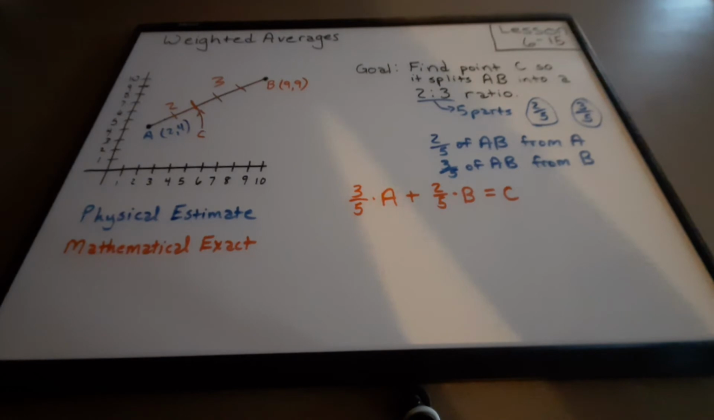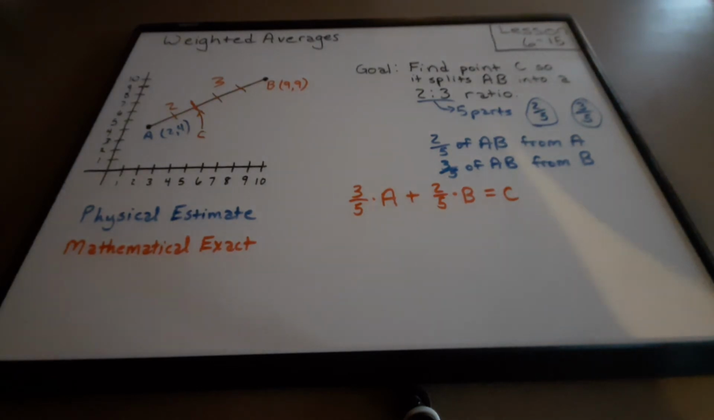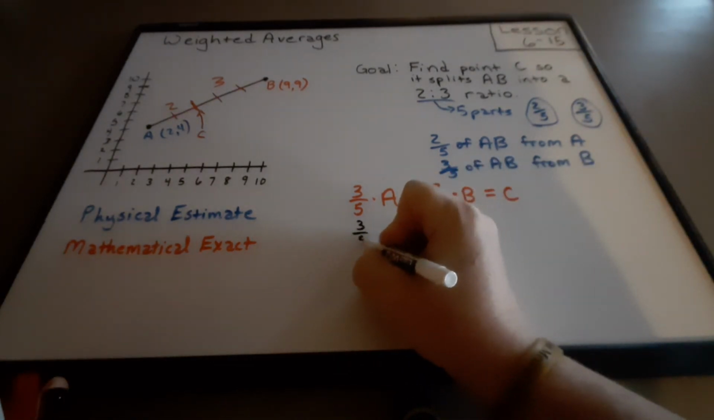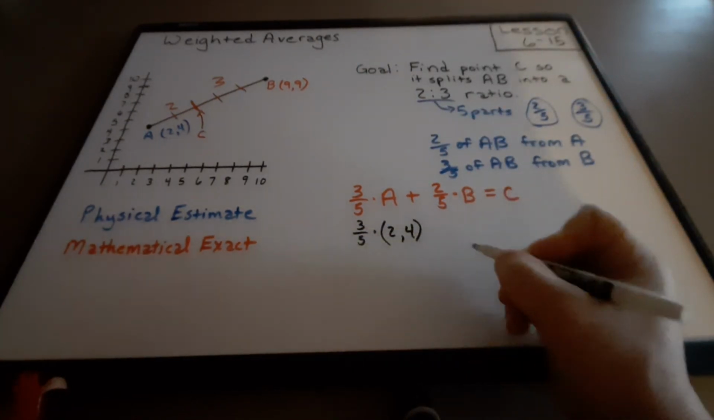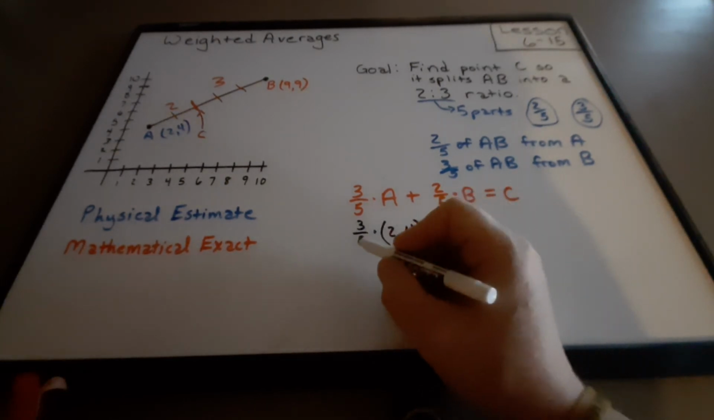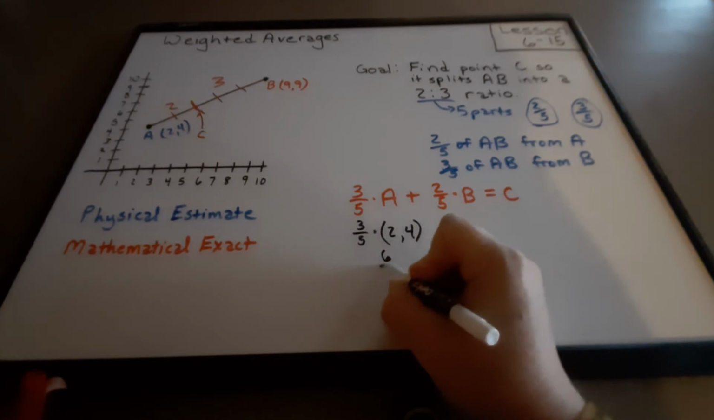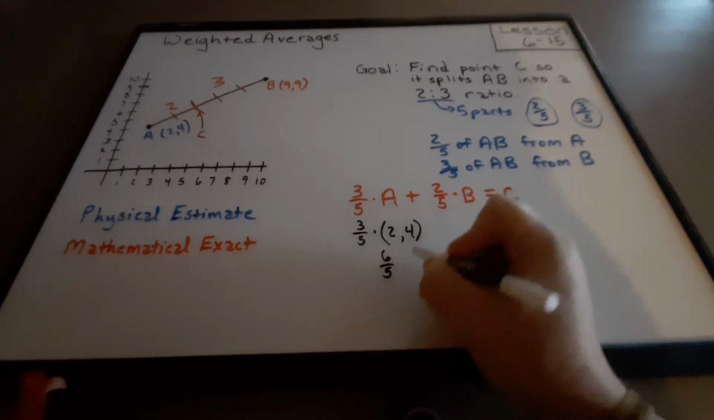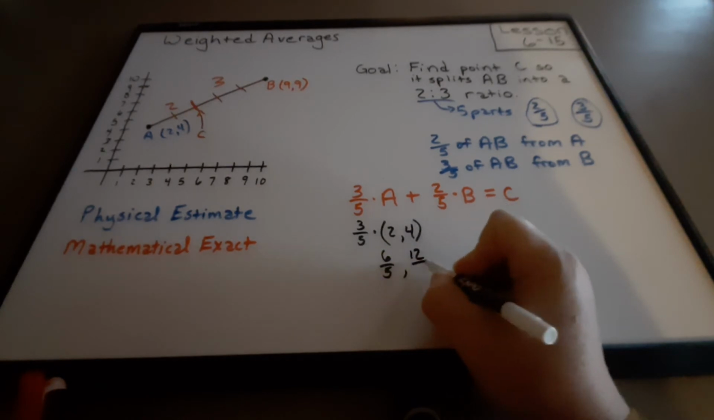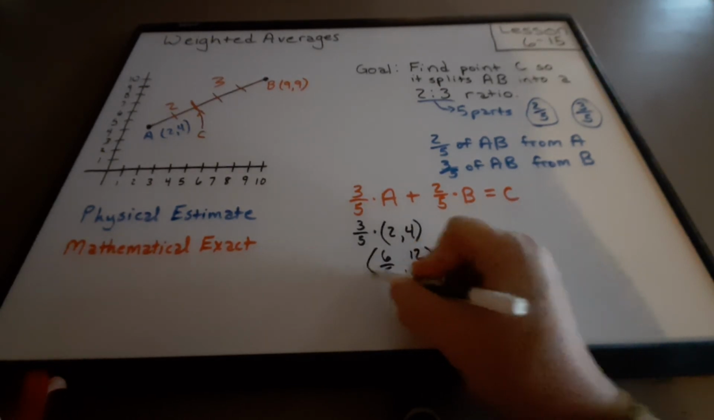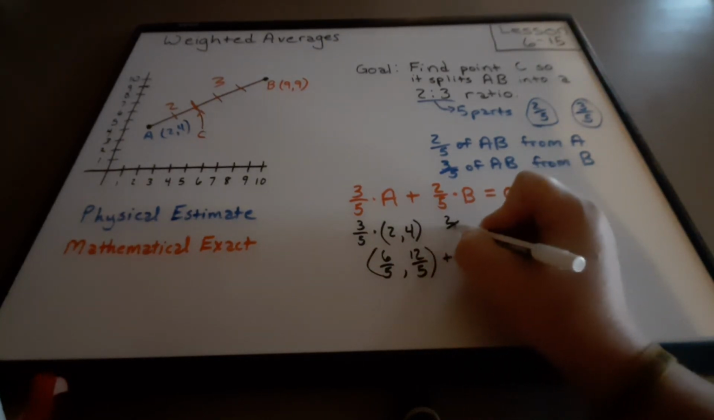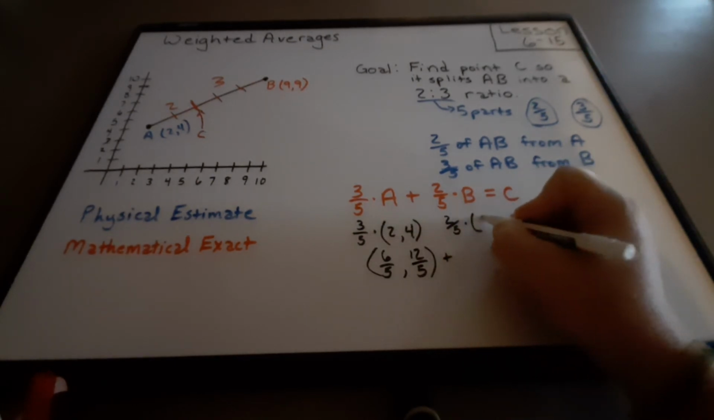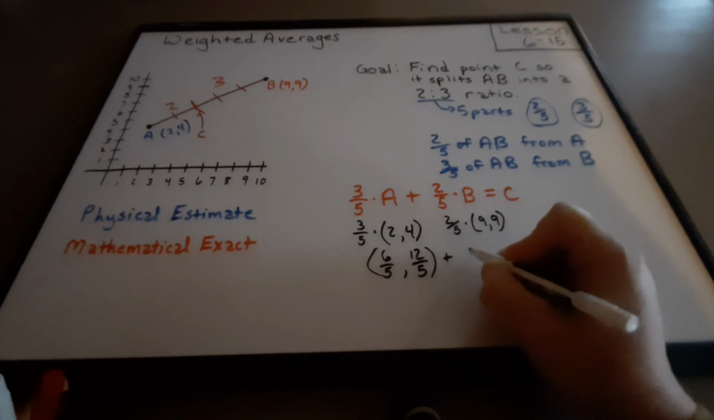Okay? So, we now just do this math to the points. Very similar to what we've done in the past. We're going to take 3/5 times, what we're going to do is we're going to put (2,4) in for A. What we're going to do is we're going to take 3/5 times each of those. So 3/5 times 2 is 6/5. 3/5 times 4 is 12/5. There's our first point. Then we're going to add to that 2/5 of B, which is (9,9), which will give us